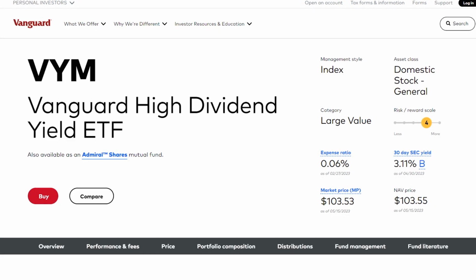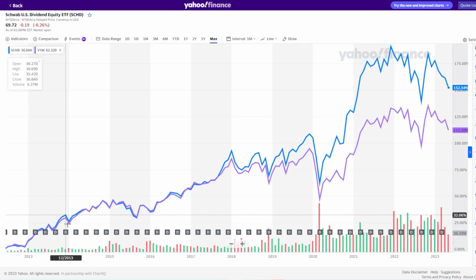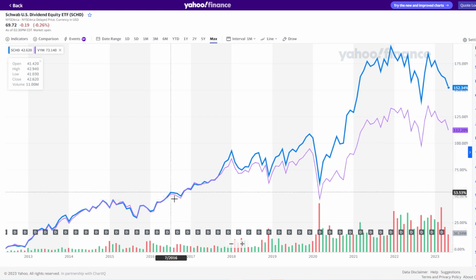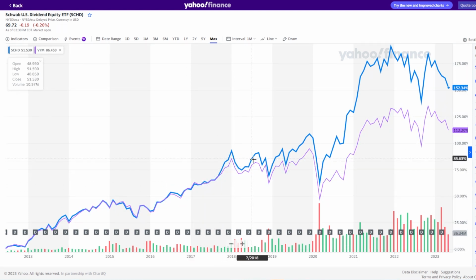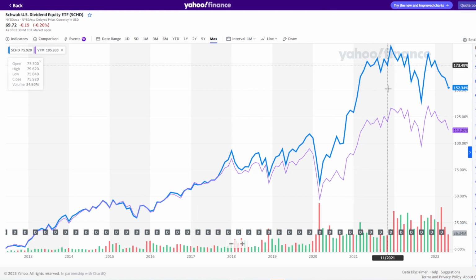If you're looking to compare it to its competitors, take a look at Vanguard's VYM. There are a ton of similarities between these two funds. They're both large value funds with a focus on high dividend paying companies, and VYM's dividend is roughly the same as SCHD. They have the same expense ratio at 6 basis points. If we go back 10 years, you can see that they start fairly close together and follow the same growth trajectory. As time goes on, SCHD does start to pull ahead and stay ahead. Once again, SCHD really does hold its own against the competition.